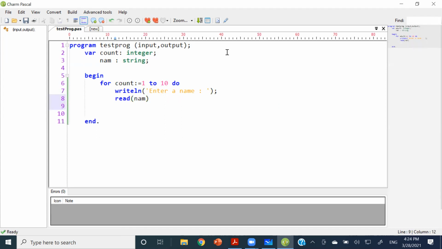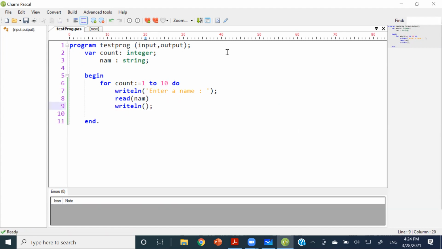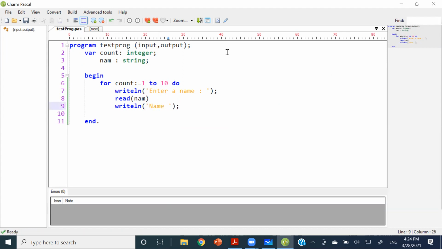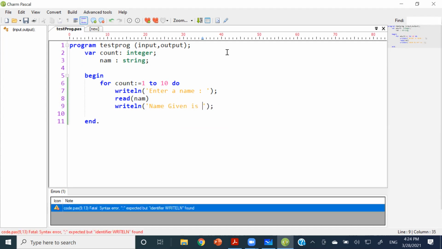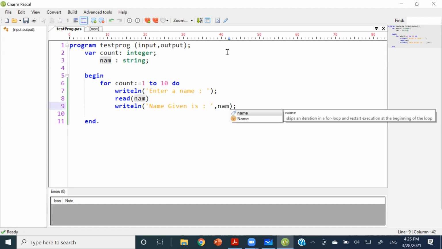So then I'm going to print this. I'm going to write in this thing. Name given is, then I say name,